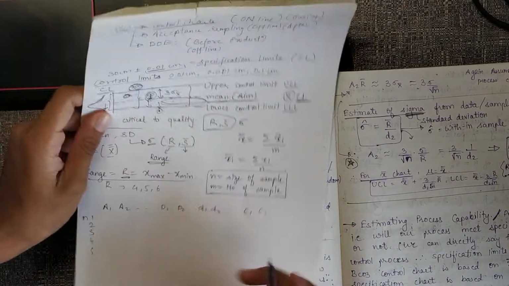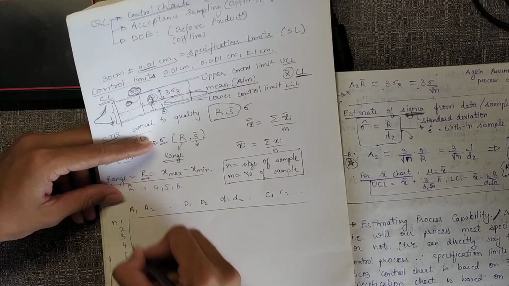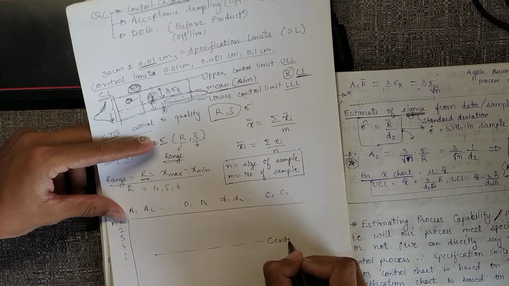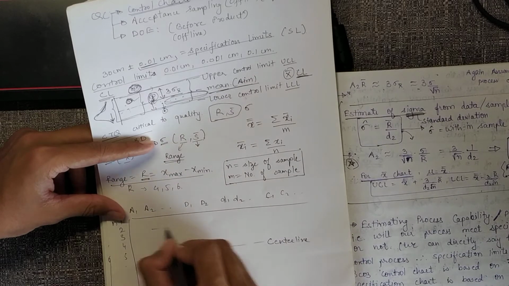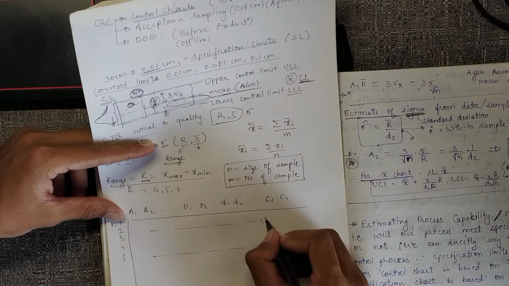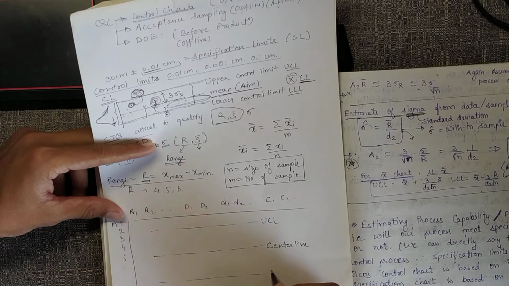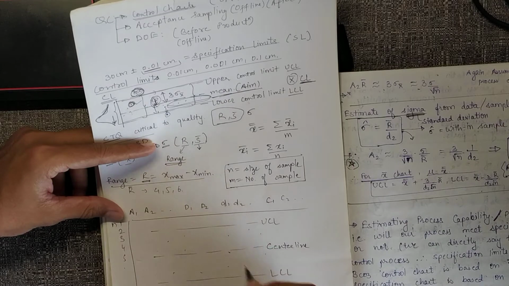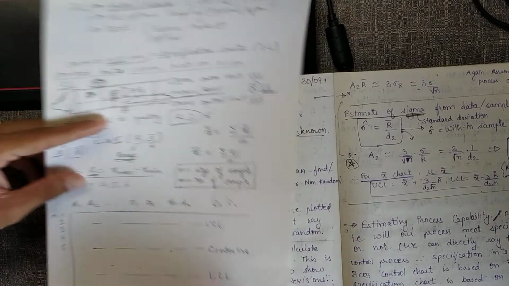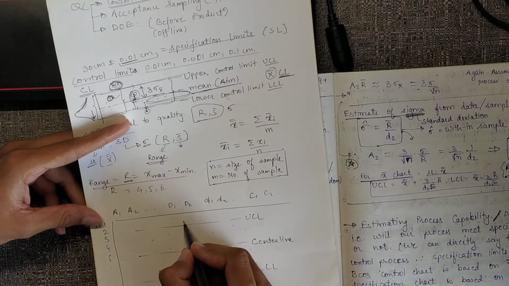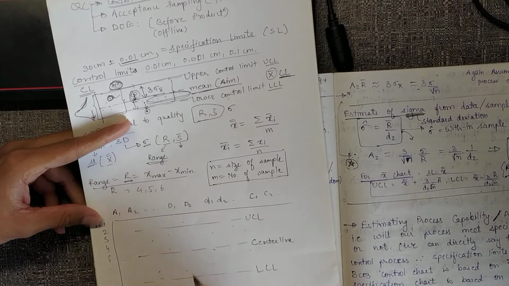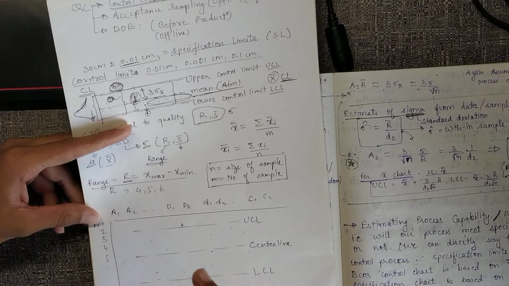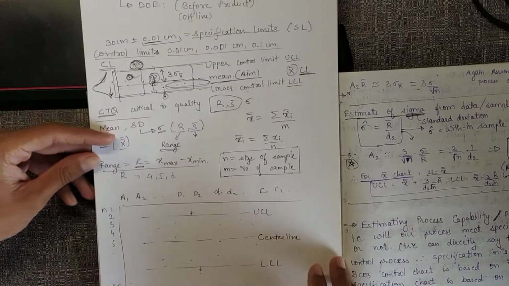After we get the control limits, what we do is, this is the center line. We plot all the observations. So this is the upper control limit, the lower control limit, and then we plot whatever observations we have got. And if our observation goes outside the control limit, then at that point of time we take action on our process and make the necessary changes.